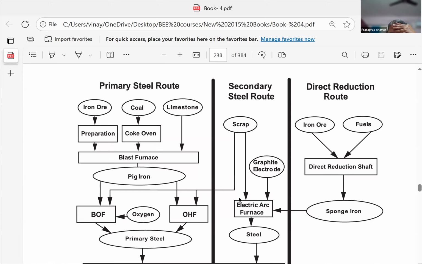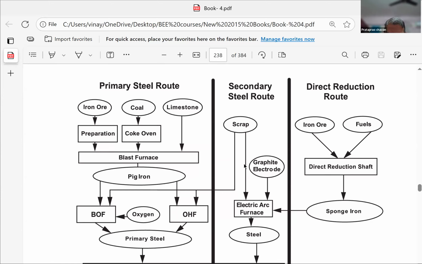Here there is no question of ore, so coal or coke is not required. Here the electric arc furnace produces heat by consumption of electricity. You know the electricity and heat relationship: 1 kWh generates 860 kilocalories of heat. So we use very large furnaces in megawatt capacities, and these furnaces are very large, like a pot boiling,